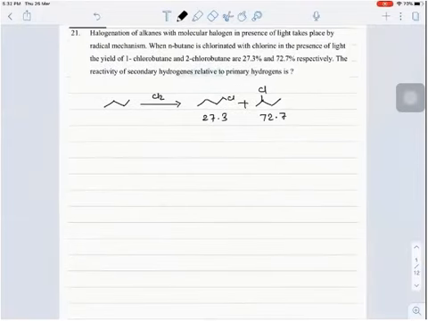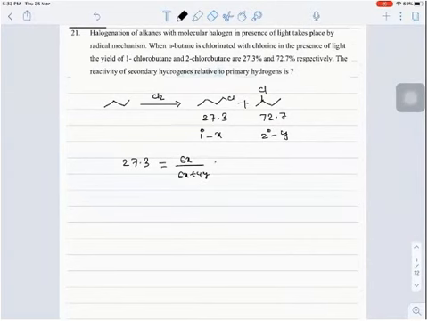So we can write, if the reactivity of the primary hydrogen is X and the secondary hydrogen is Y, the 27.3% yield we can write as: there are 6 primary hydrogens, so 6x divided by total reactivity, which is 6x plus 4y, into 100. Similarly, we can write the percentage yield of 2-chlorobutane: 72.7 is equal to 4y divided by 6x plus 4y